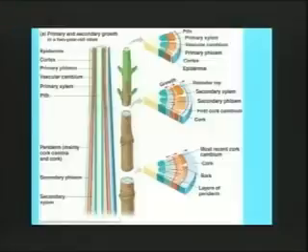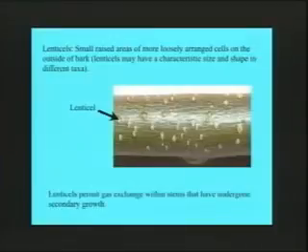All right, so you can imagine if you're replacing the epidermis with all this suberized cork tissue on an old stem, it's difficult for any gas exchange to be able to occur in the stem. And there is the need for gas exchange in stems, and the respiration that has to occur in these cells requires oxygen. And the way that woody plants get around this is that they have these regions, these light-colored regions called lenticels,